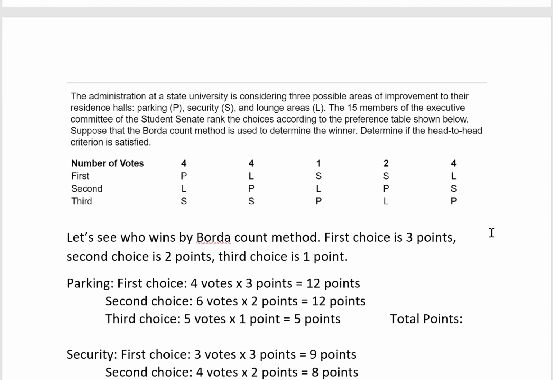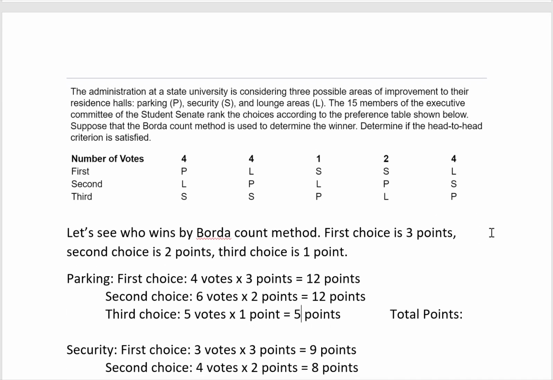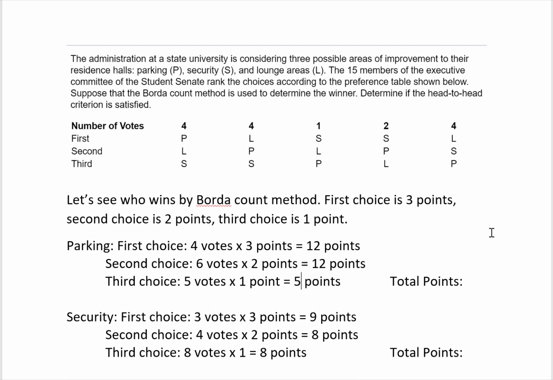Let's see who wins by Borda Count method. First choice will be worth 3 points, second choice 2 points, and third choice 1 point. So for parking, we see there were 4 votes for first place, times 3 points is 12 points. For second choice, there were 6 total votes, times 2 is 12. And for third choice, there were 5 votes, times 1 is 5. And we go to a total here of 29 points